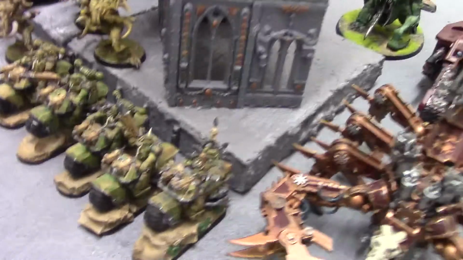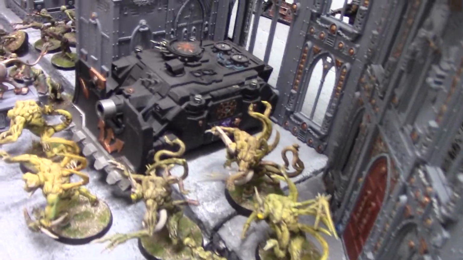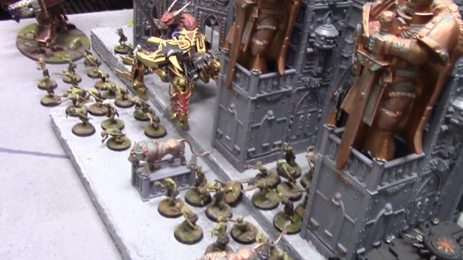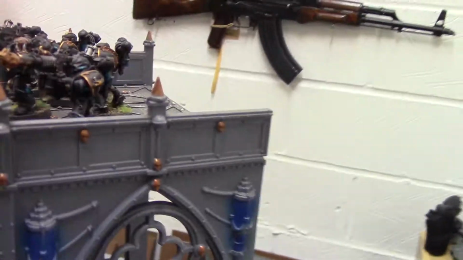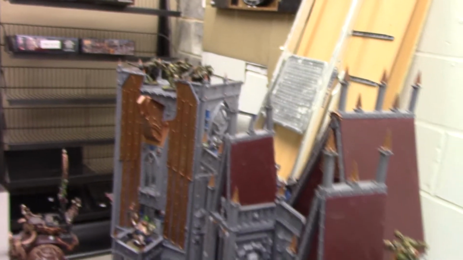Coming along the front, we have 5 Nurgle Bikers with 2 Melter Guns and a Power Fist, 5 Nurgle Spawn, and a Vindicator. There's 2 squads of 20 zombies with a Champion, and then there's a Soul Grinder. Up on the towers, we have 2 Havoc squads with 2 las cannons and 2 autocannons. So I come round the back, we have a Plague Marine squad up the top with 2 plasma guns,